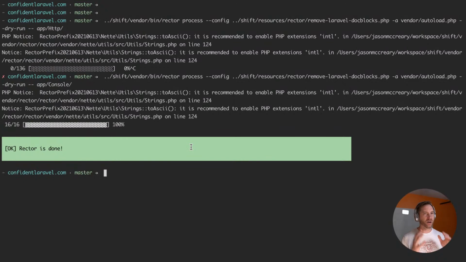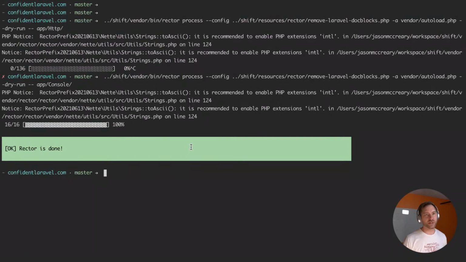Again, Rector is an awesome tool, but when you get in there and try to start using it, not only do you have to learn how to make these special final classes with static closure returns, and then go through the 700 different Rectors you can run, but then you get all sorts of noise like this trying to get it to run within your project. So we just want to make that a little easier. But yes, long story short,